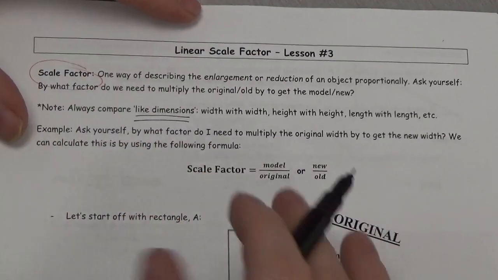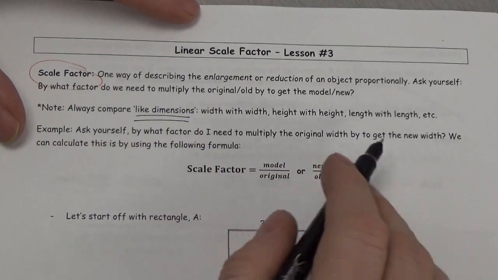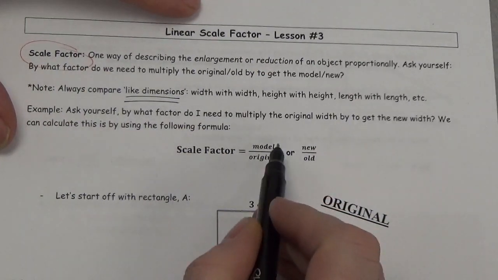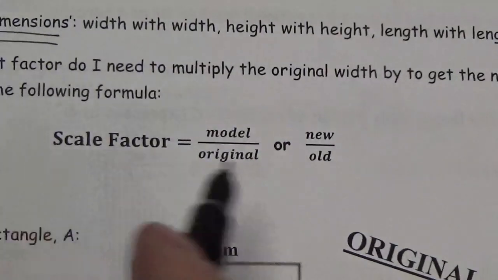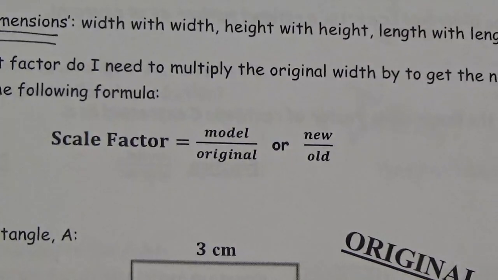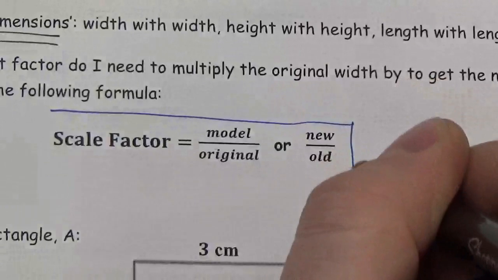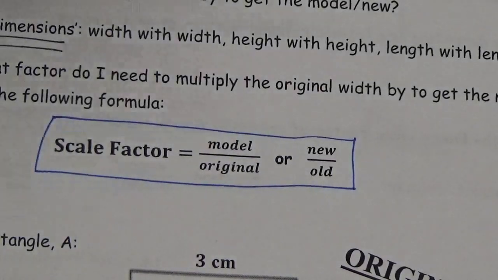So as an example, as we work through this page, ask yourself, by what factor do I need to multiply the original width by to get the new width? And so that's how we get our scale factor. We take our model and we divide by our original here. So let's just zoom in on this, because this is really key. Or we take the new linear length and divide it by the old one. Okay? So, for example,